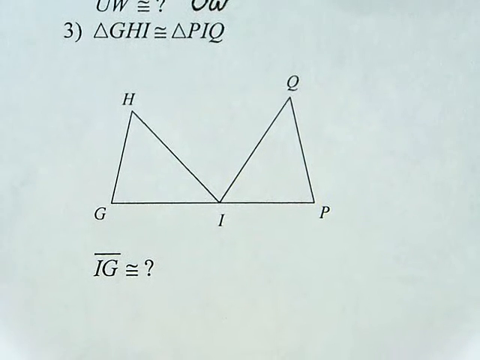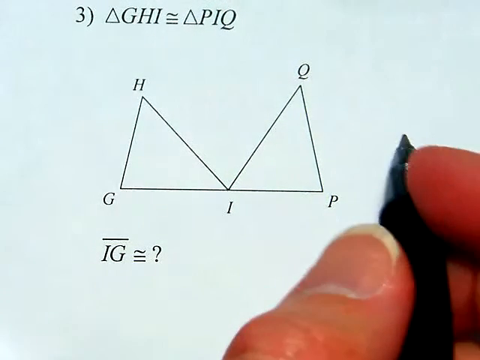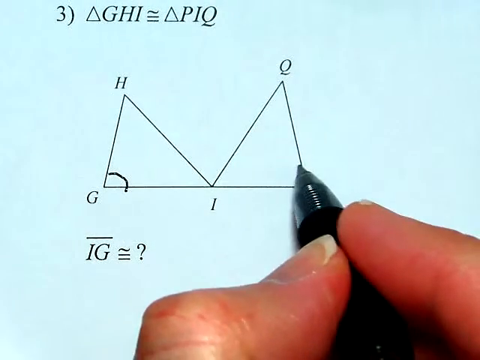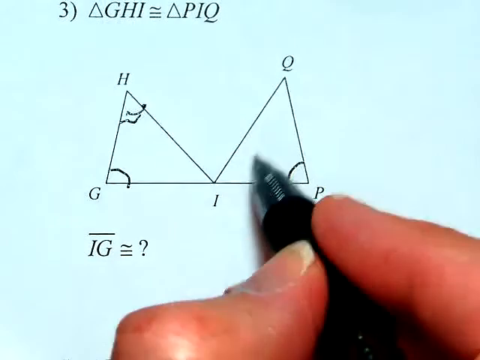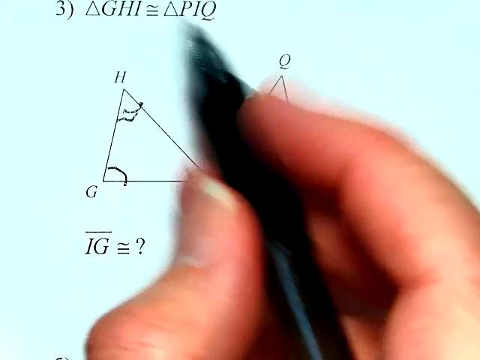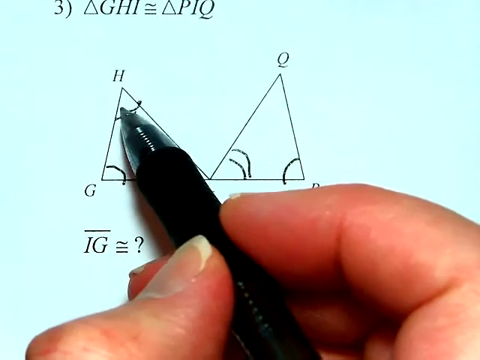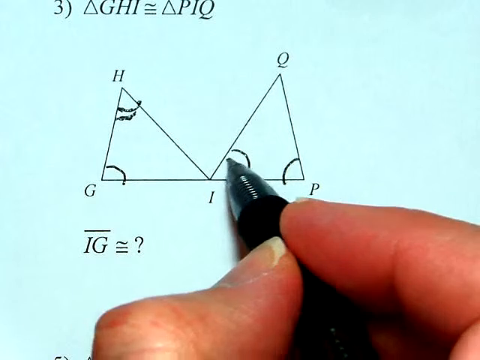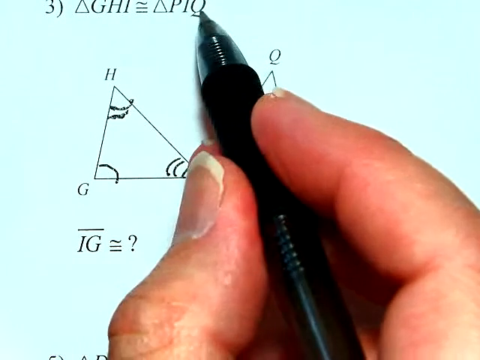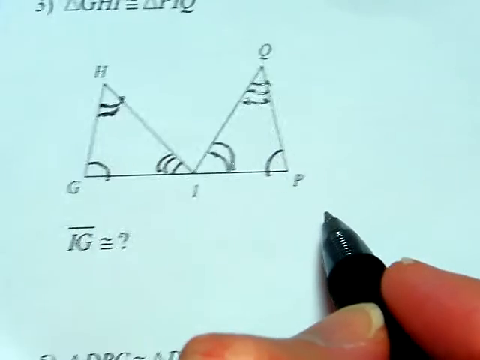So we've got triangle GHI congruent to triangle PIQ. Again, if we want, we could mark angle G congruent to angle P, H congruent to I, and Q and I in the first. Remember, we've got I in both of these, but this is the first triangle. So H in the first triangle is congruent to I in the second triangle. But here I in the first triangle is congruent to Q in the second triangle. We have to be very careful that we keep our triangles